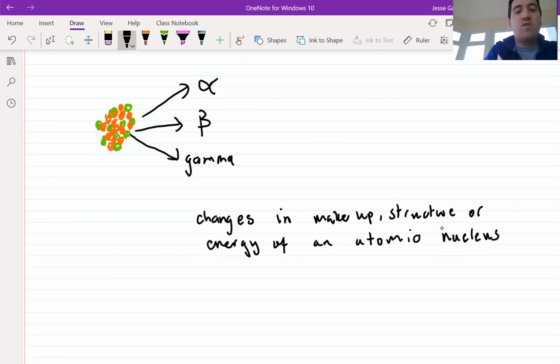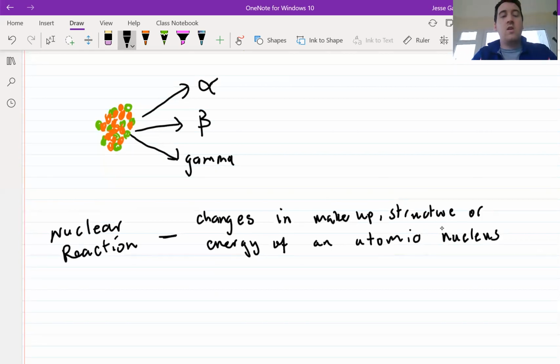These processes that cause these changes, we call nuclear reactions. Nuclear reactions are processes that cause changes in the makeup, structure, or energy of an atomic